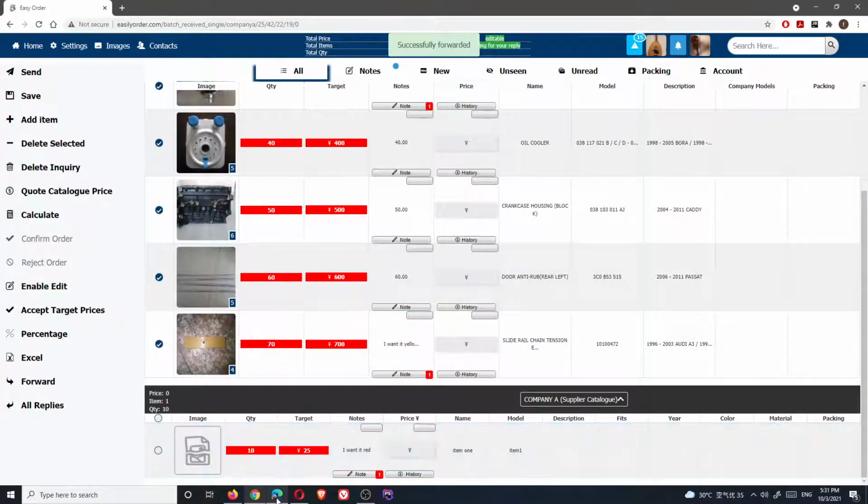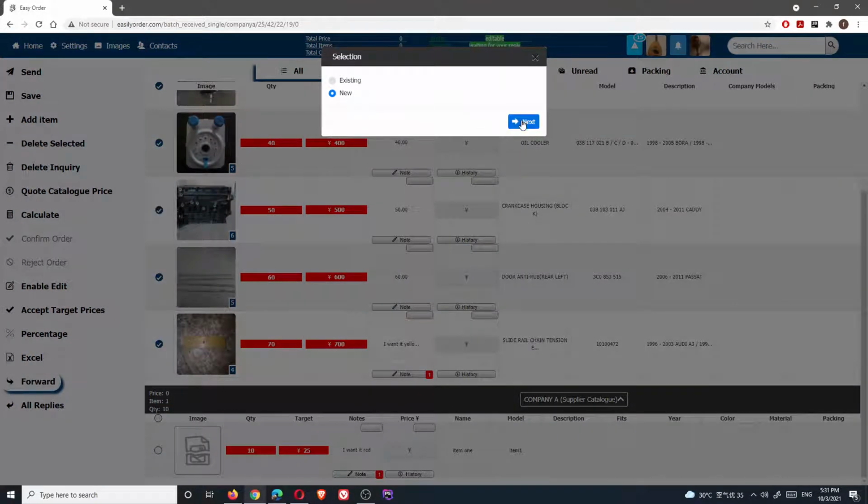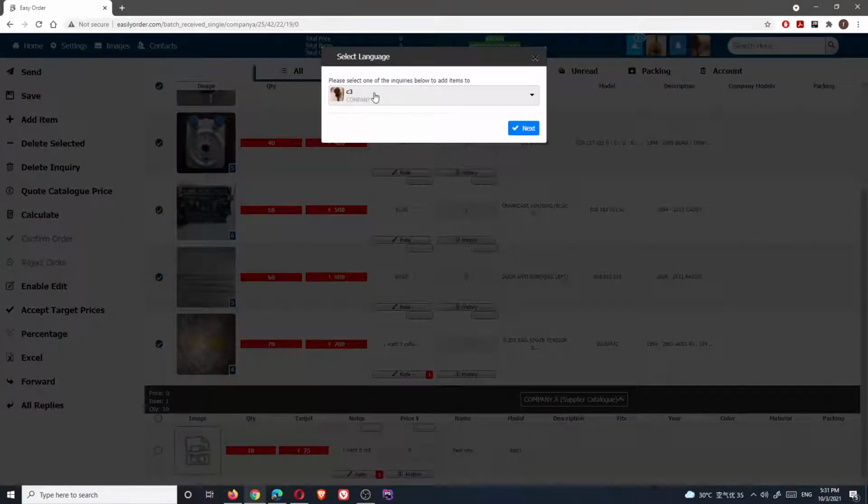Okay, before we check in company B if we got the file or not, let's forward and finish this process. Let's forward to company C2. But before this, let's go to existing companies, because this time there is one company we have already forwarded from this file. So company